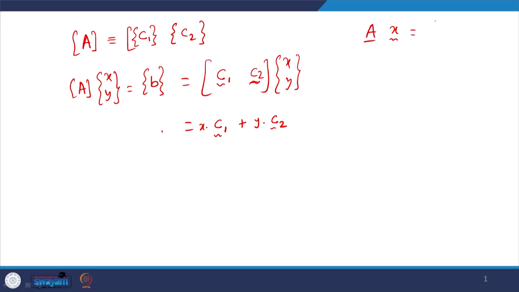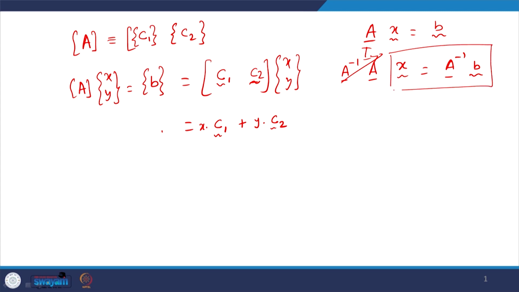So, direct solvers. A x is equal to b, as I said, simple. The most direct way to solve that is to pre multiply by A inverse. So, A x is equal to b, pre multiply by A inverse, and this would obviously be the identity matrix. So, x is equal to A inverse b, this is the solution, and this is what we have as a direct solution. But as I said, inverse